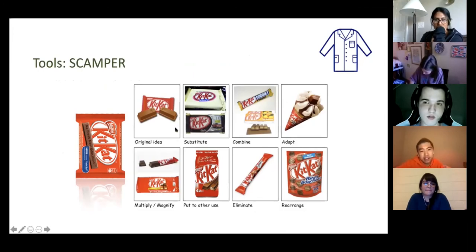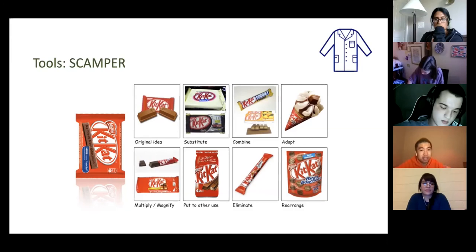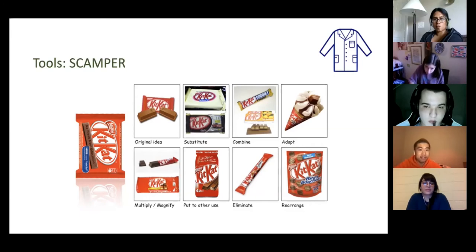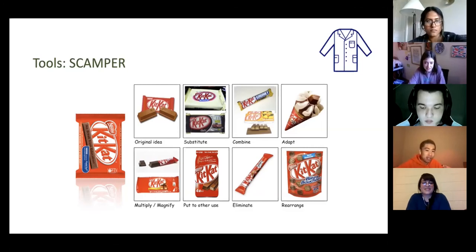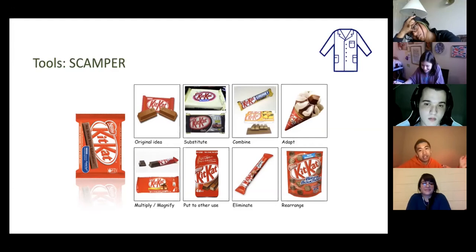So starting with KitKat, it starts off with the KitKat that you know. If you substitute different chocolates, it will become a different product. If you combine different flavors, it will become KitKat Chunky or KitKat Lemon. If you adapt it, you can make it into an ice cream. If you magnify, multiply, it can become a singular bar. If you put it to another use, it can become a drink, and that's a different product. And then you can rearrange or eliminate it and make it into bite-sized pieces. So I think each group will have a different product to do